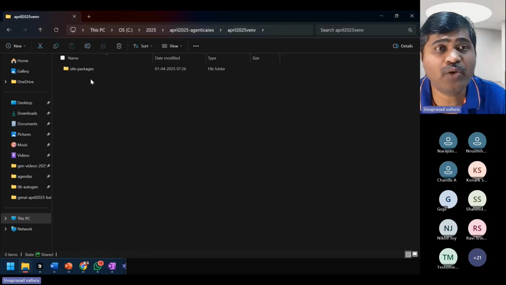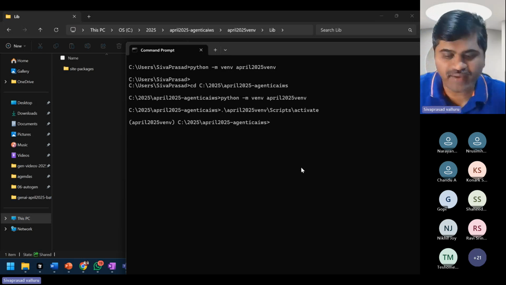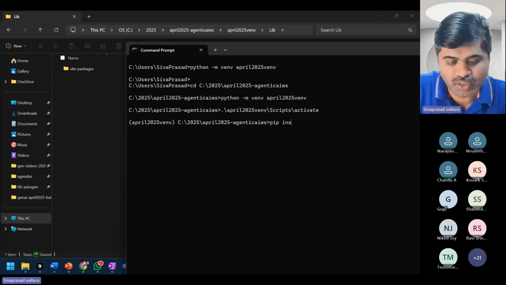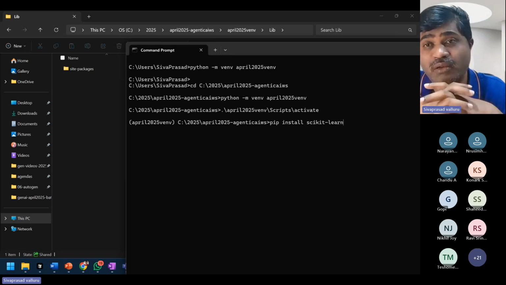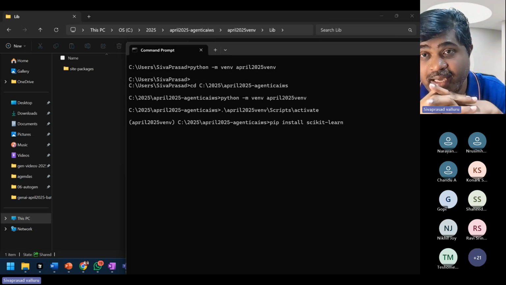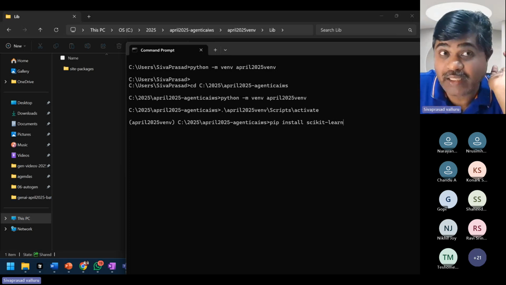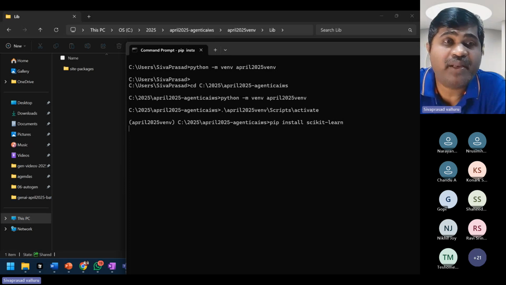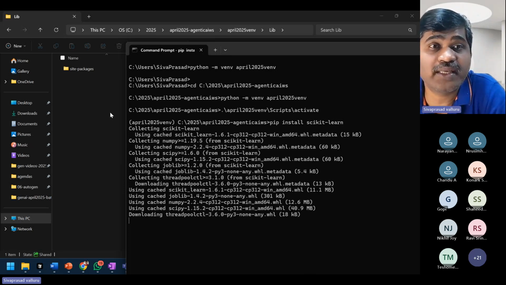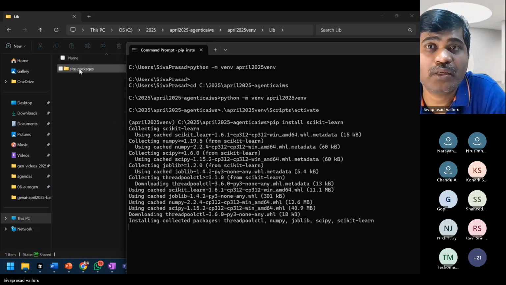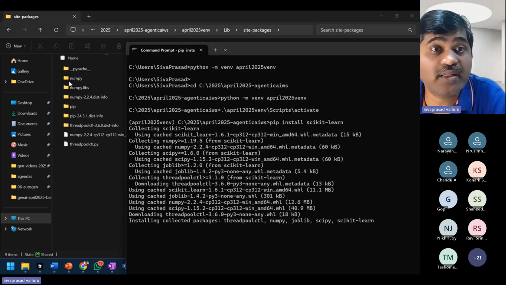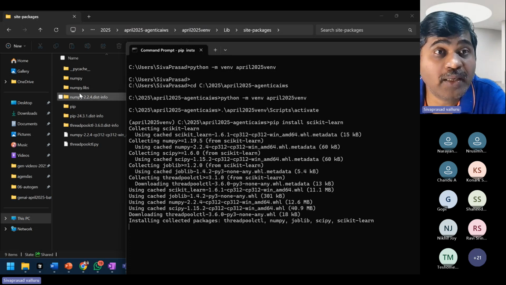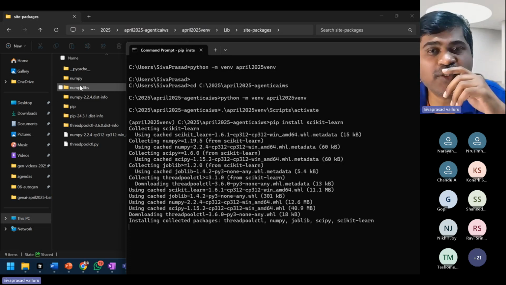Okay, now I'll go into lib and see here, I will just right now install pip install scikit-learn. This is the module which contains machine learning algorithms. So I'm installing this scikit-learn. Let us see what will happen in this case. I'm in lib folder. You can see site packages. You can see right now there is NumPy downloaded automatically because scikit-learn is internally using NumPy,